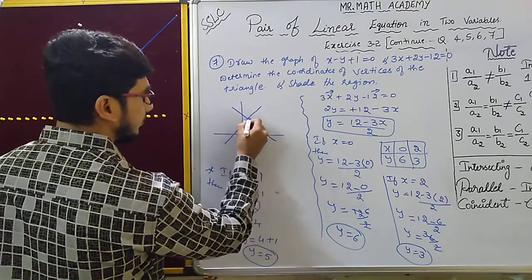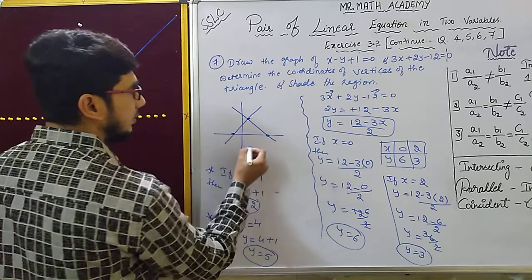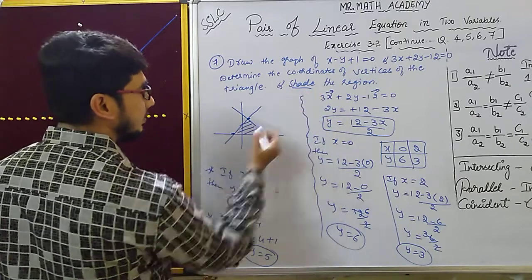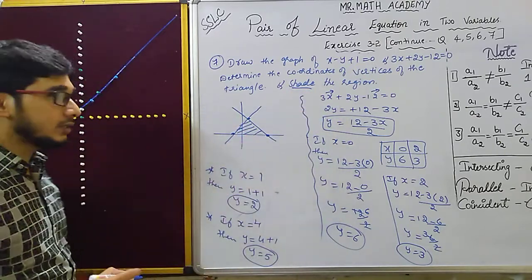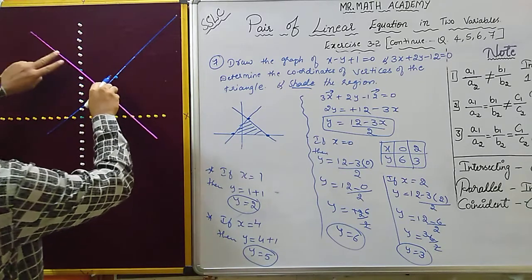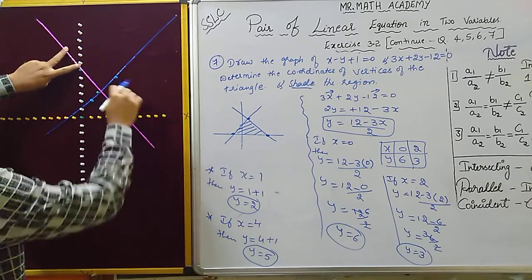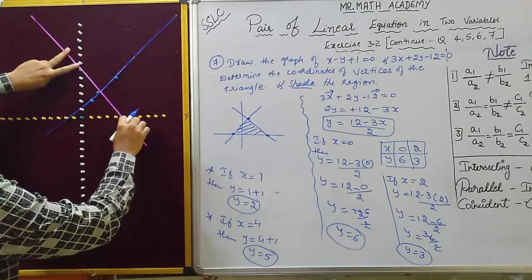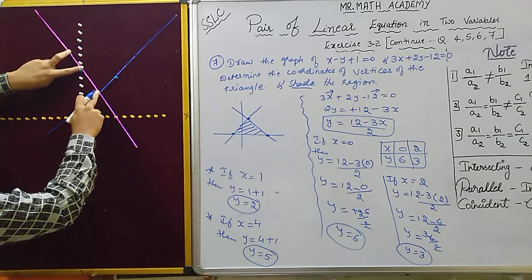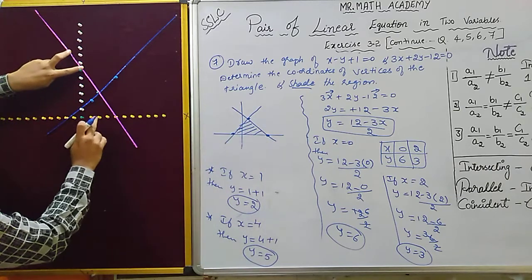Okay. Imagine this is a triangle. You have to shade this one only. Shade the region they are asking now. So this is the point we have to find, right? I'll write here. See, this line was here. It is here. So this point is the intersection. This is the intersection point.